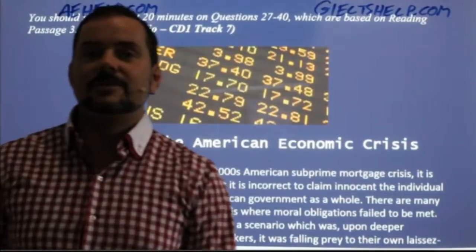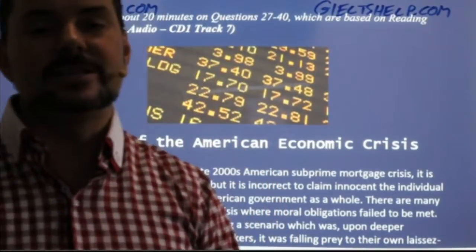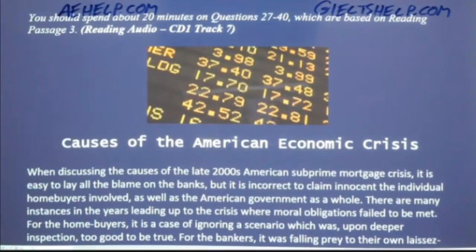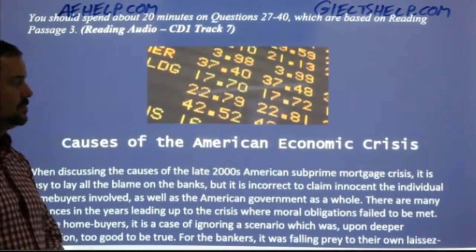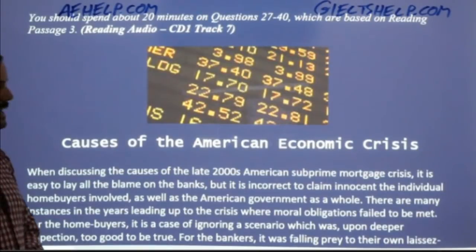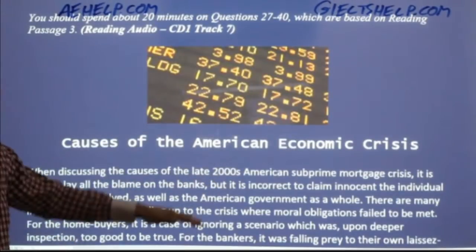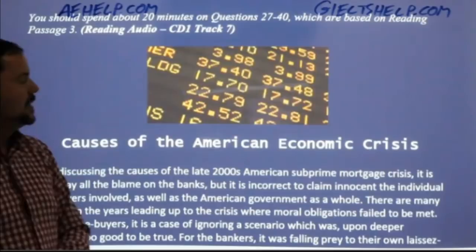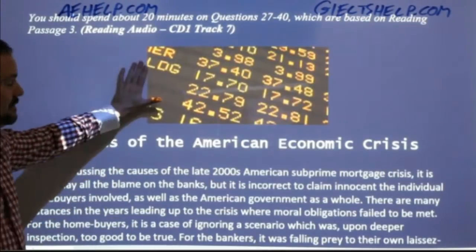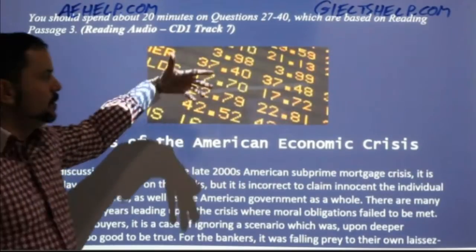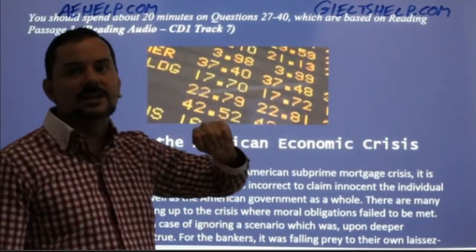So maybe the last big crisis before the current COVID crisis was the economic crisis. Some of you probably remember back in 2008. And of course, that domino started with the economic crisis in the US. We even have this picture here. What is this picture about? What is this picture and this title telling us here?